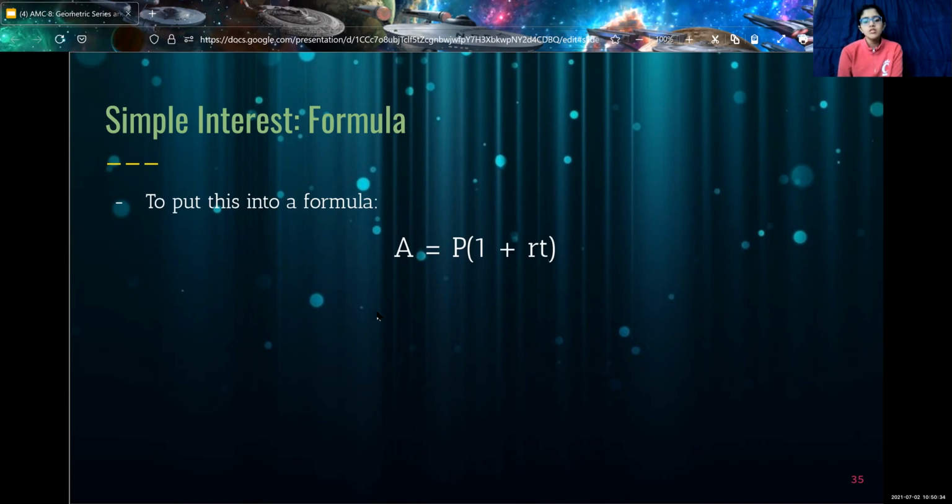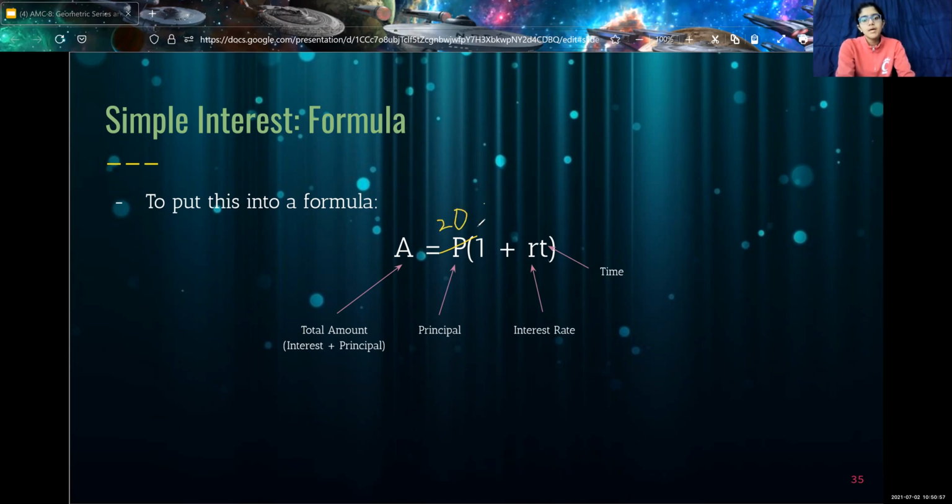Okay, so to put this into a formula, what we do is A, which is the total amount, or the interest plus principal, is equal to the principal multiplied by 1 plus the interest rate times the amount of time. So in the previous example, what we did was we took the principal, right? We would have found 20 multiplied by 1 plus the interest rate, which is 0.005, multiplied by the